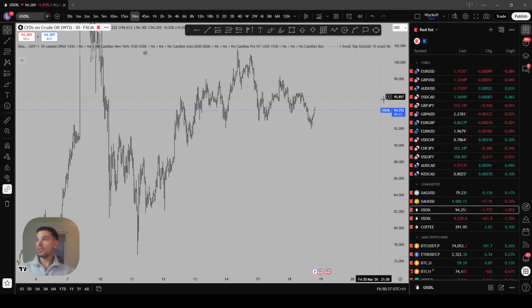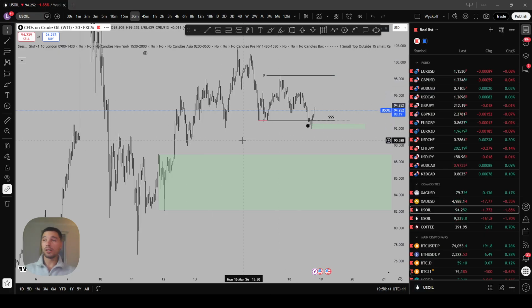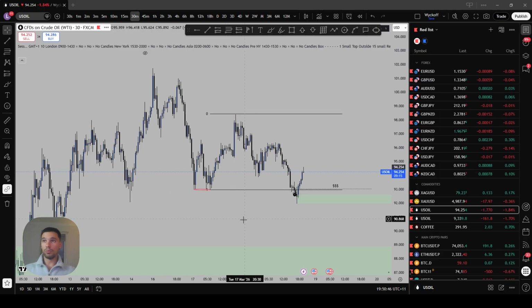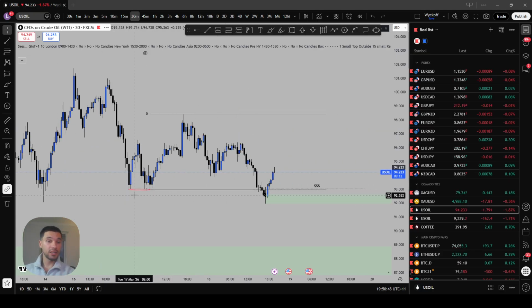And then last but not least for the commodities, oil. So I did pre-plan this earlier off camera actually. Beautiful price behaviors here, seeing a potential accumulation range being created by a lower time frame accumulation. We have tap 1, 2, and 3.